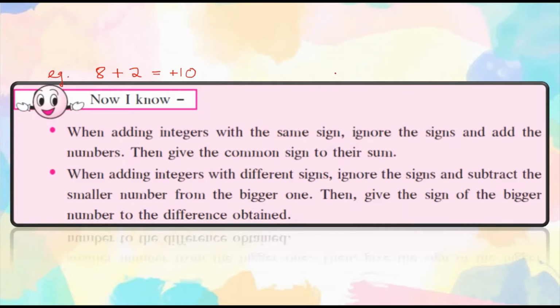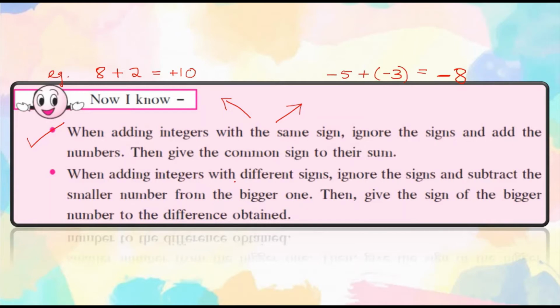Similarly, one more example, students. If I want to add two negative integers, for example, -5 plus -3. These two negative integers have the same, common sign. So again, I'm going to add the numbers. After adding, I get the answer as 8. And then the common sign of both the numbers is minus. So in the answer also, I am going to write minus. So these two are examples of the first statement which they have given. So I hope you all have understood the first statement. Now the second statement.